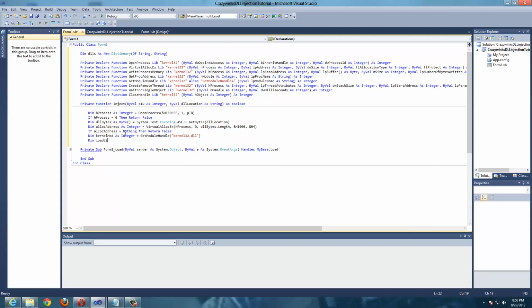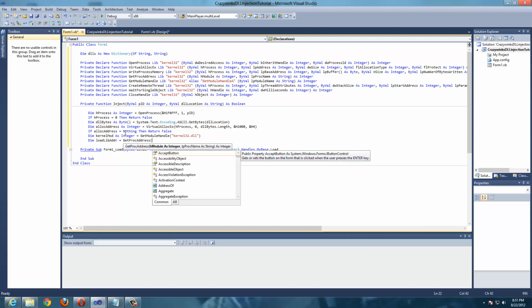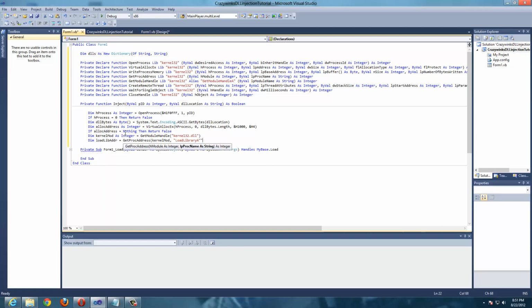Dim load lib address as integer equals GetProcAddress(kernel mod, "LoadLibraryA"). All this does is basically find the address of LoadLibrary in our kernel, and then